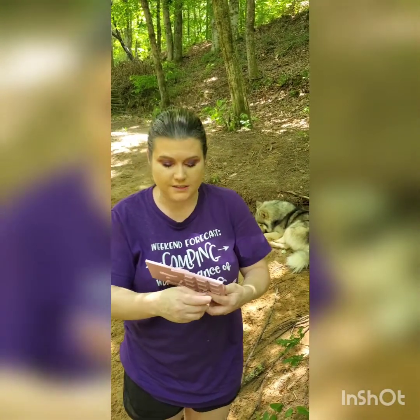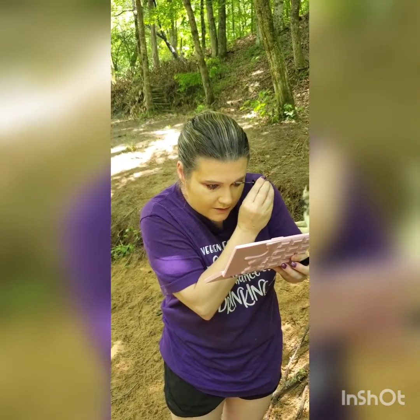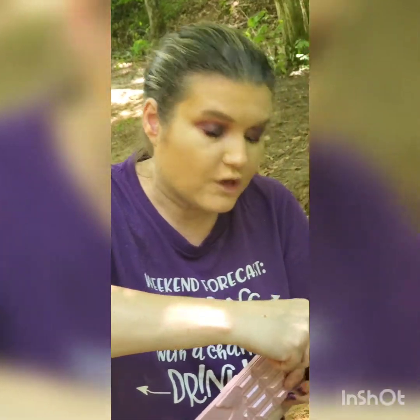Now we're going to go in with the e.l.f. brow gel just to kind of set our brows. And even though I don't know, oh, it's kind of tinted too, I didn't realize that. Not that we need to worry about our brows setting when we have a disaster here, but we'll get through it. Okay, now that we've done that,